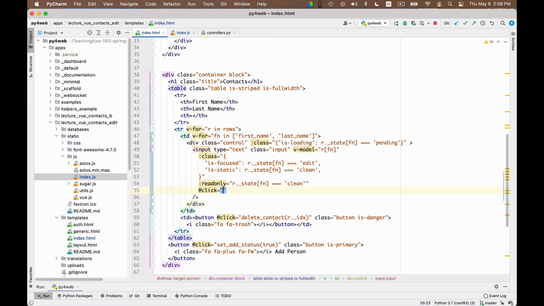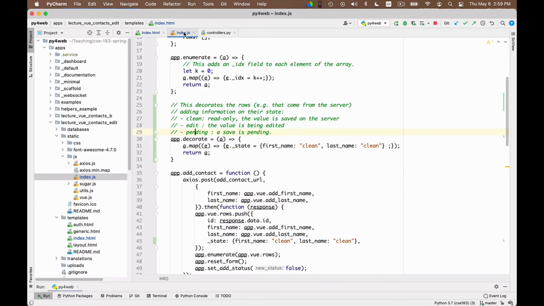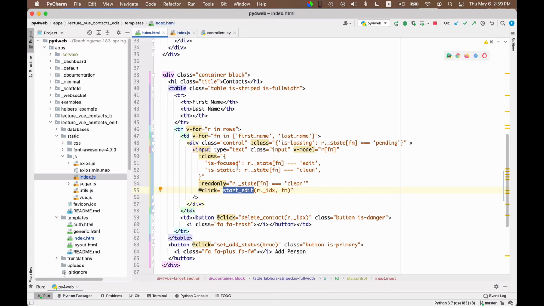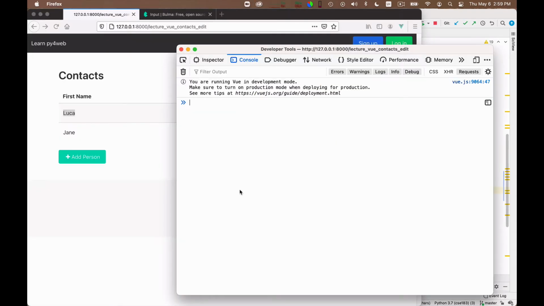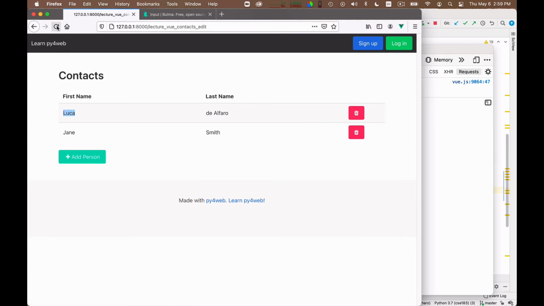So say if you press click, what I want to do is call a function that says start edit, to signal that I want to start editing that field, and I have to tell which field, right? So I have to say the row index and also the field name. Okay, and once I have this start edit here, I need to make this method known to Vue. It's extremely useful to look at what happens if I don't make it known to Vue. So let me just save this and reload the page and show you the effect, actually, because it's a super typical error you will make.